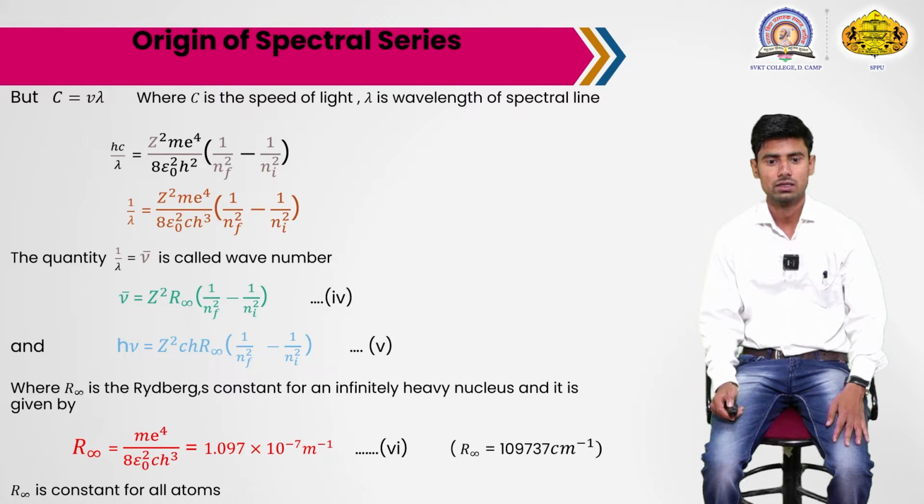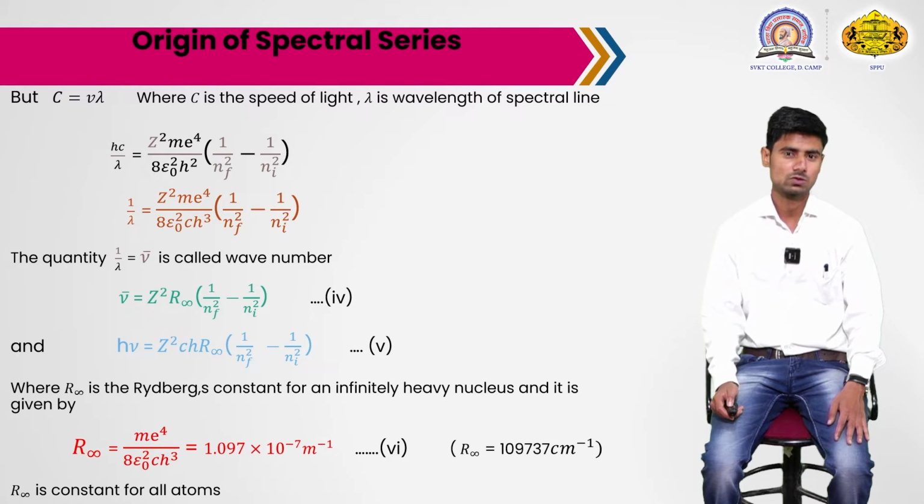Here R is called the Rydberg constant, and the suffix infinity indicates that this Rydberg constant is evaluated under the assumption that the mass of the nucleus is infinite, and that's why the nucleus is at rest and only the electron moves in that atom. So we are considering a nucleus of infinite mass, and that's why the suffix infinity is there. So R infinity is the Rydberg constant, and you can observe that R infinity equals